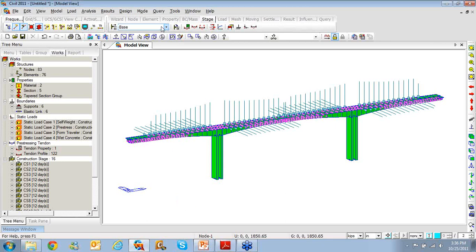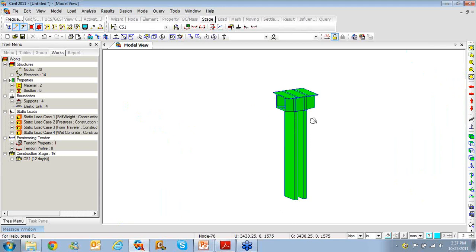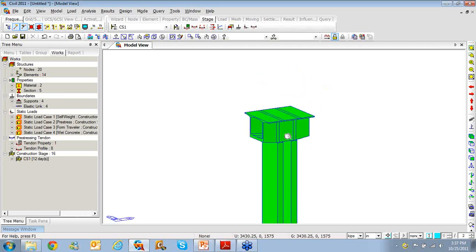Right now we are looking at the base construction stage. So we'll change the construction stage from base to CS1, which is the first construction stage, and I will press down my wheel mouse button and drag my mouse so you can pan the structure anywhere in the cross section very easily. Then I'll zoom in; just by scrolling forward you can zoom in. Now if you look closely at the screen, you will see that there are two tendons per web